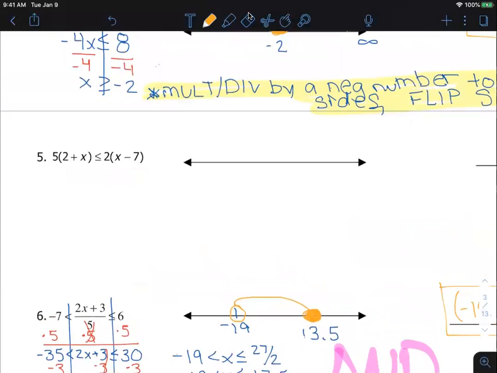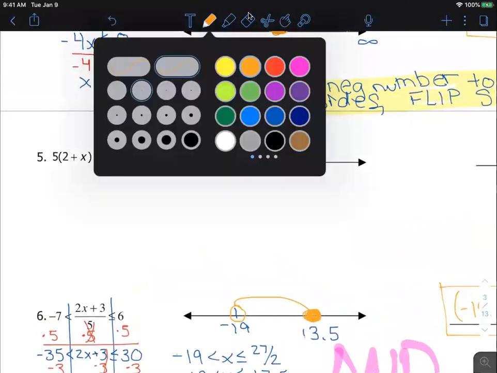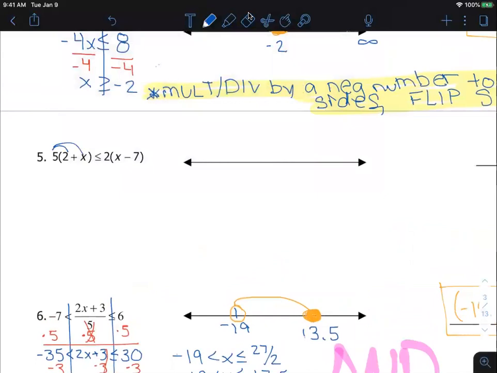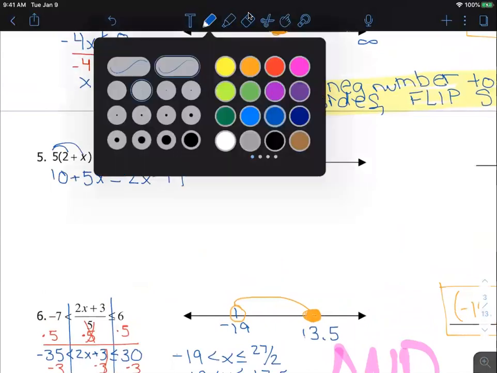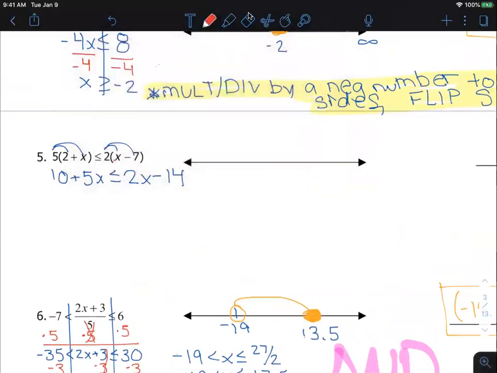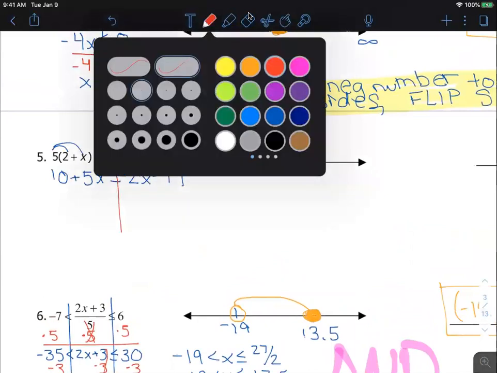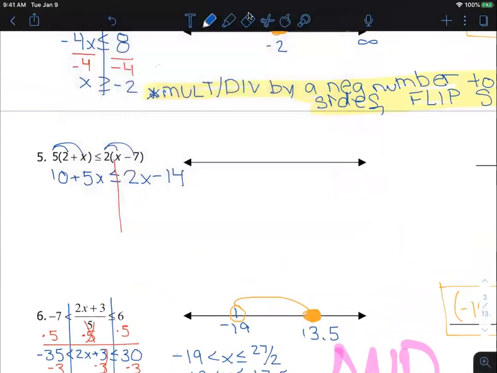All right, so in number 5, you should be just normally solving it by distributing here. So 5 times 2 is 10. 5 times x is 5x. Next one, 2 times x is 2x, and 2 times 7 is minus 14. And then you're just moving things around to get x alone. I like to keep x on the left side. You don't have to. So what I'm going to do is I'm going to subtract 2x,